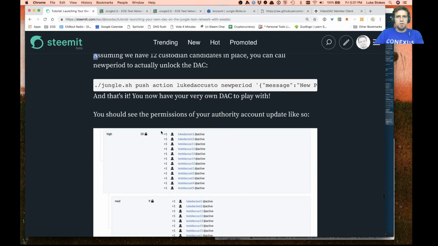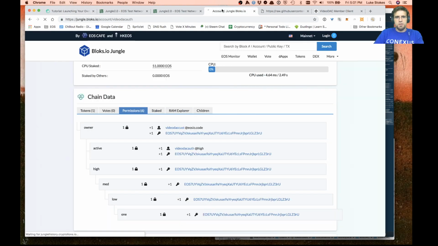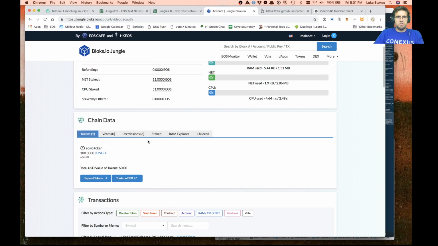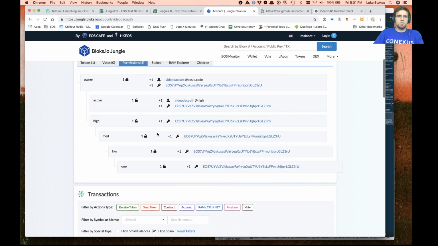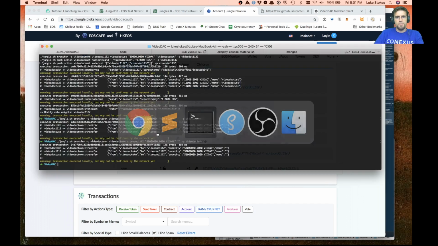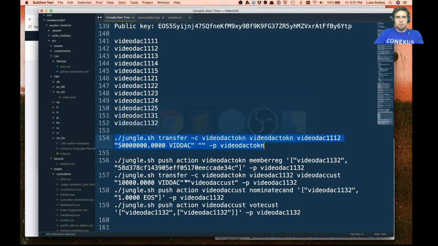So go ahead and we're going to call new period. And let's just double check here. So this is how things are set up now. And the way this is configured, every 7 days, new period gets called. And what that does is it resets all the permissions, and it goes ahead and does the custodian pay as well. So this is the last step